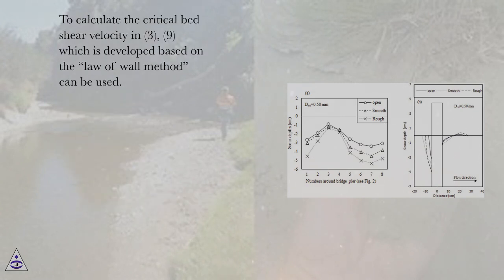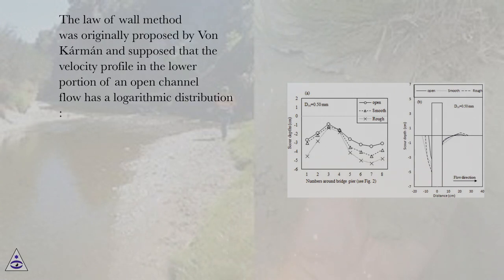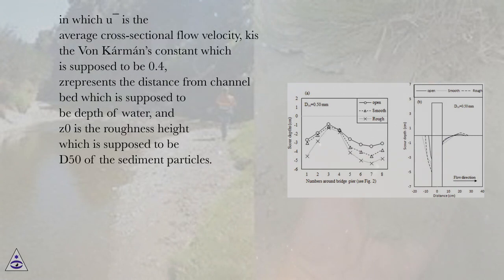To calculate the critical bed shear velocity, the law of wall method, which is developed based on the law of wall, can be used. The law of wall method was originally proposed by von Karman and supposed that the velocity profile in the lower portion of an open channel flow has a logarithmic distribution, in which u macron is the average cross-sectional flow velocity, ki is the von Karman's constant which is supposed to be 0.4, represents the distance from channel bed which is supposed to be depth of water, and z0 is the roughness height which is supposed to be d50